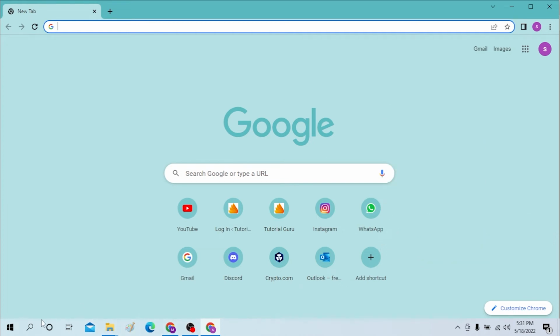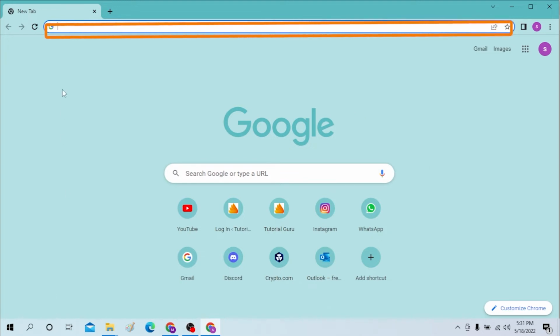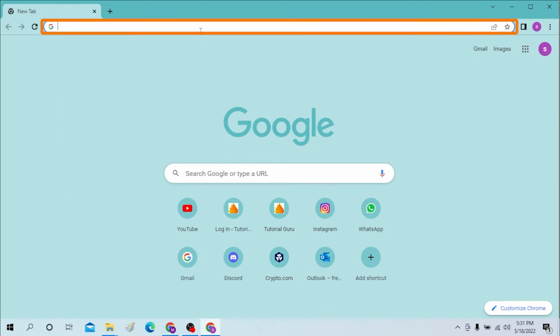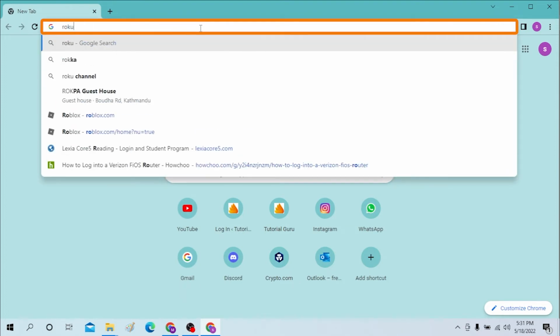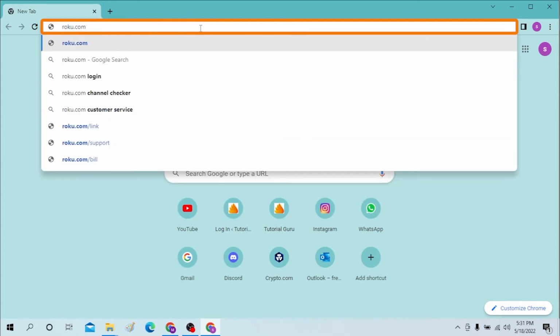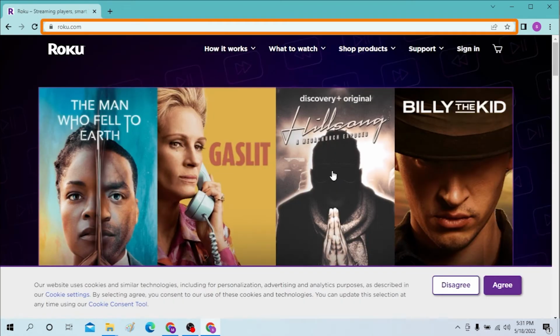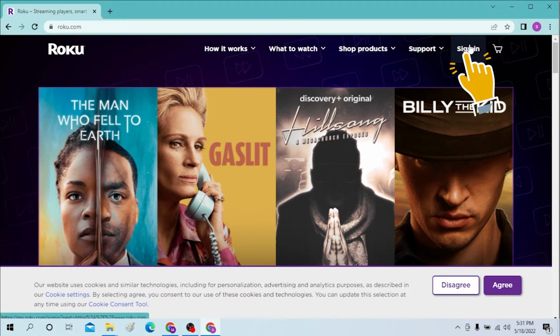Okay, on your computer, first open your preferred browser, as I have already opened mine, which is Google Chrome, as you can see. And on the search bar, click there and type in roku.com and hit enter, and let's let the home page load. And after landing on the home page of Roku, you can see the sign in option over here on the top right corner. Click there